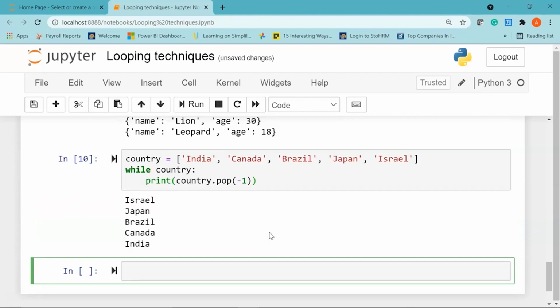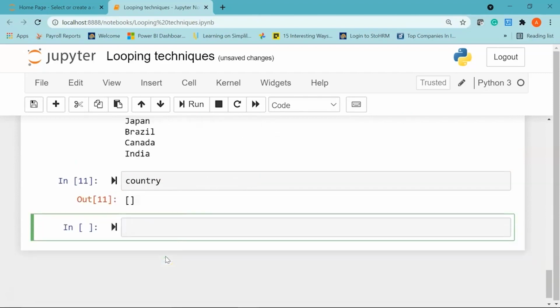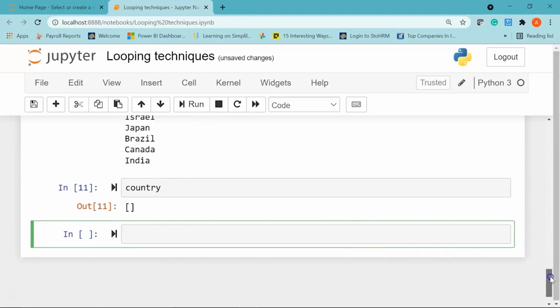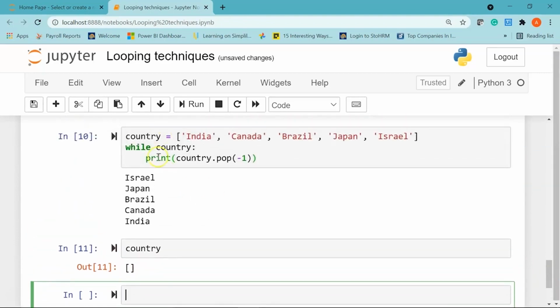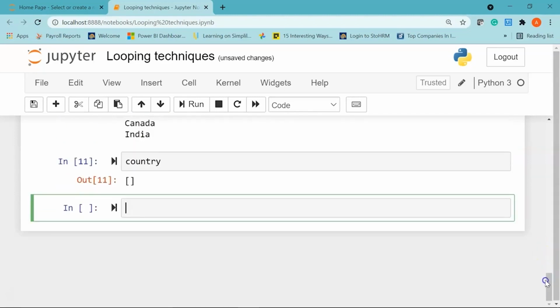If I run it, you can see here we have Israel, Japan, Brazil, Canada and India. Now you can just print country. You can see here, since we have removed all the elements from my list country, there is no element left here, so it gives us an empty list. Cool.